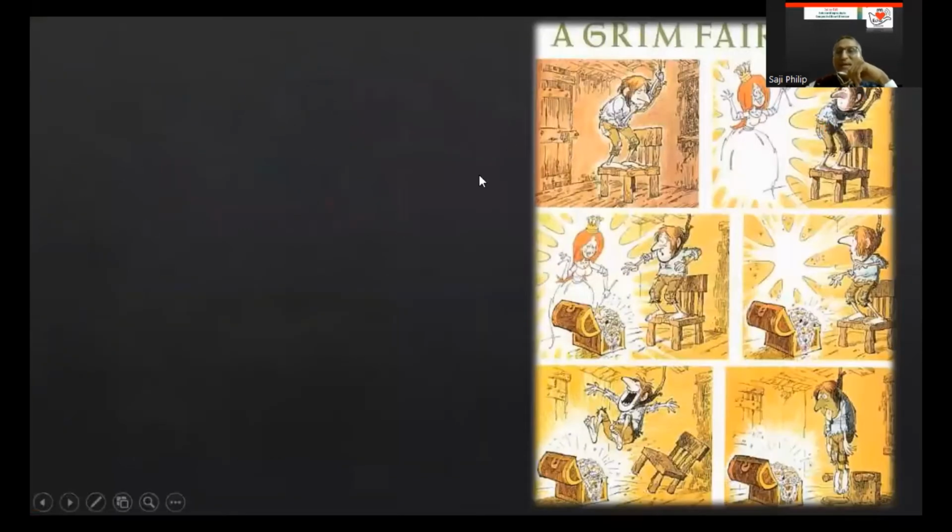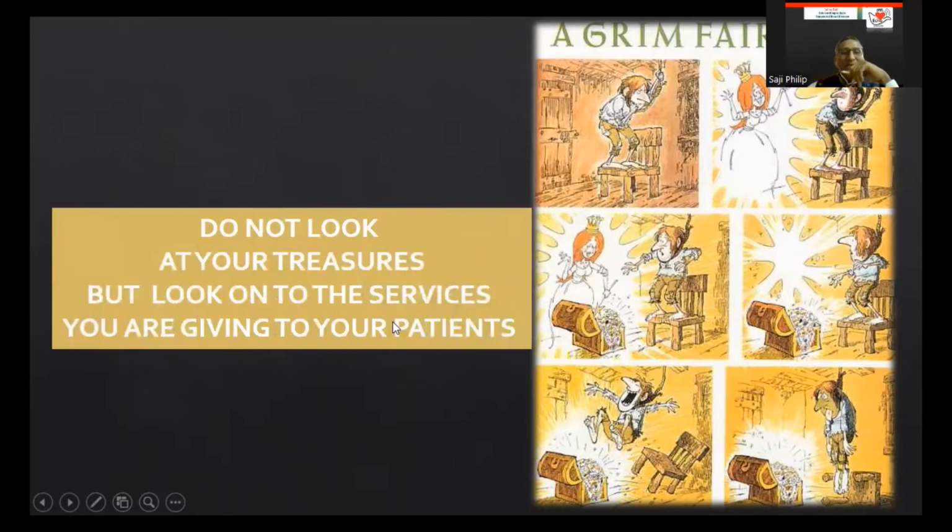So this is a grim fairy tale. Here one doctor was so depressed and financially in trouble that he was about to commit suicide. Suddenly an angel appeared. He was not happy because the angel appeared, but he was a bit happy. The angel showed a full box of jewels and gold, and suddenly the angel disappeared. Then he was so happy because he could take all the treasures. And finally, this has happened. I say that do not look at your treasures, but look at the services you are giving to your